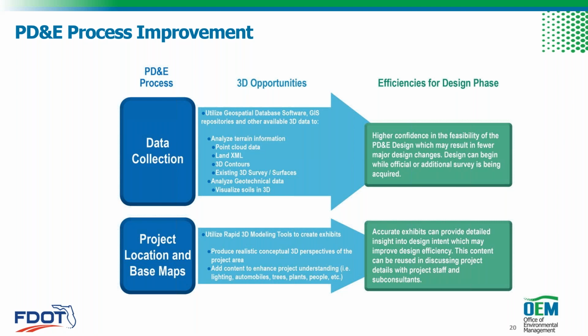What is the efficiency that we get? We get a higher confidence in the feasibility of the PD&E design, which may result in fewer major design changes. And design can begin while official or additional survey is still being acquired. So we are able to do two things at once. Your design team can lay out an alignment and a profile based on the available information while the rest of the more accurate survey comes in, and then we're simply replacing the target of those end conditions